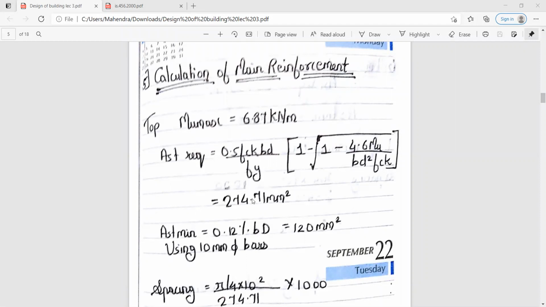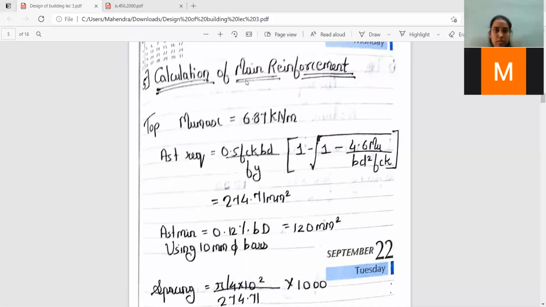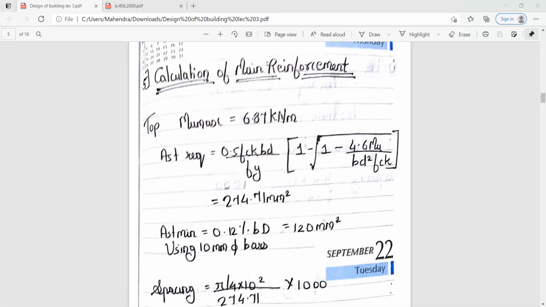Everyone got AST required as 274.71. Yes, everyone had got the answer for AST required. Yes, Rida, Swati.